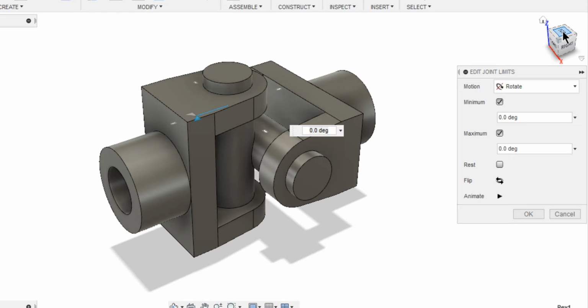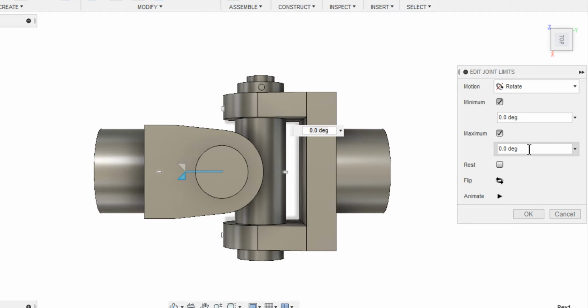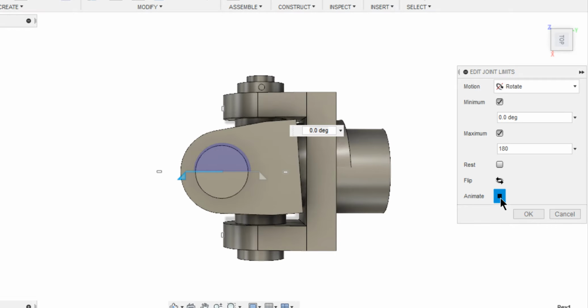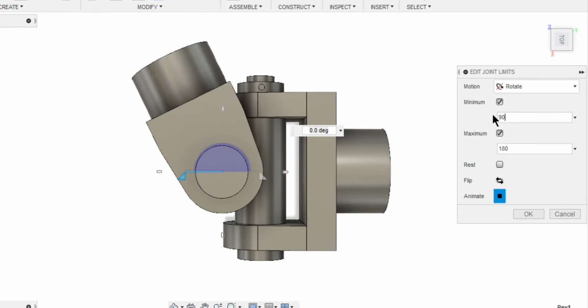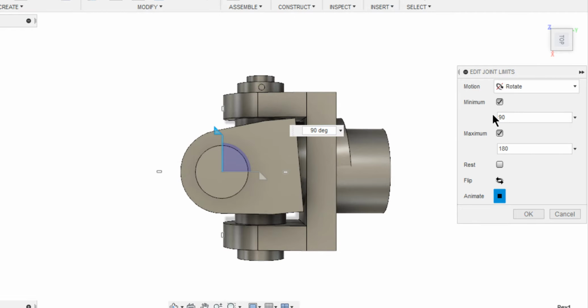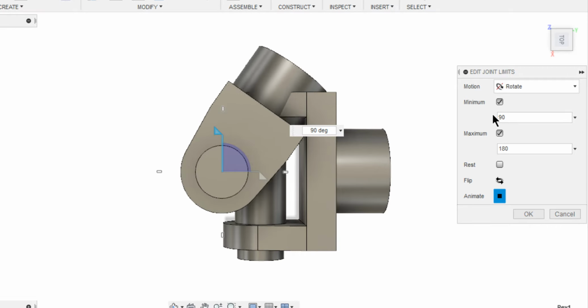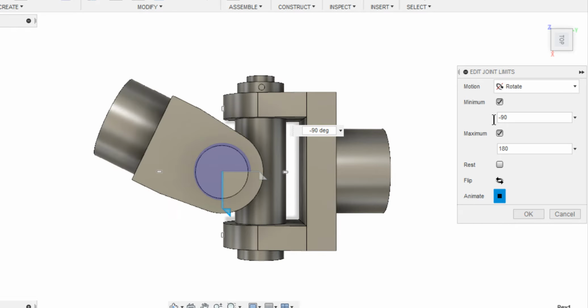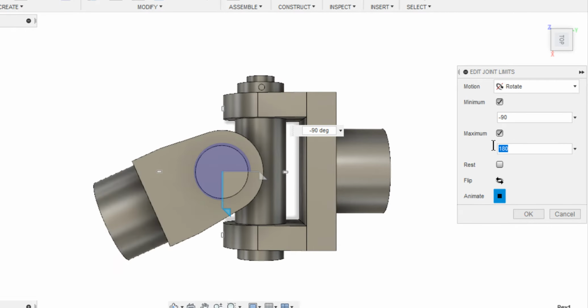Check minimum in here. I'd like to view it from the top based on the joint pivot. Calibrate it by entering some angle in here. Let's animate the model. It shows the region between the angles. Let's make it 90 minimum and animate the model. Wow, it's coming excess. Let's try that with -90. Change the max to 90.